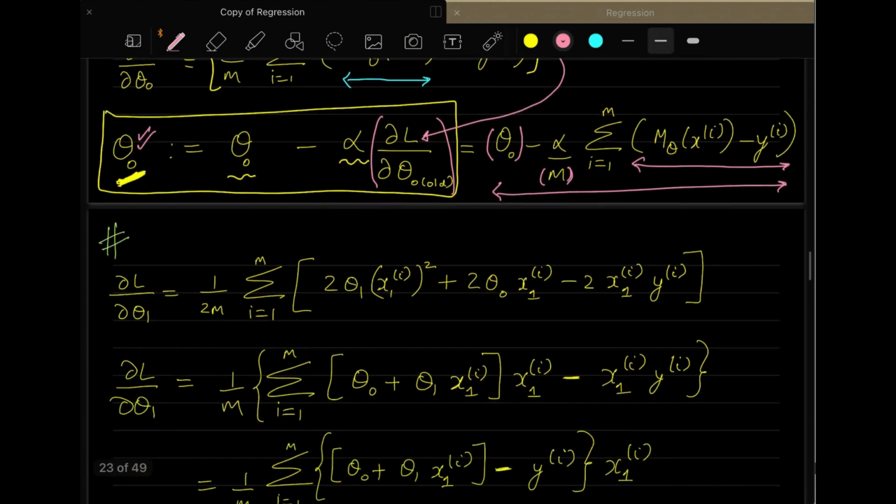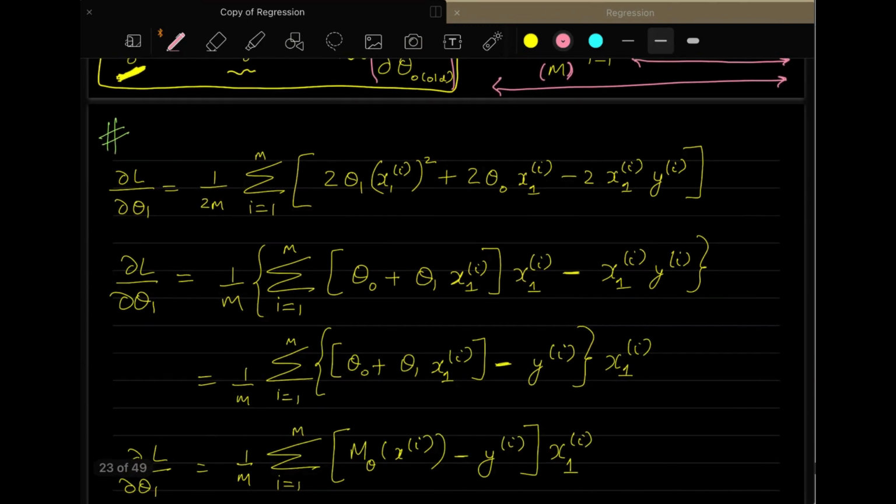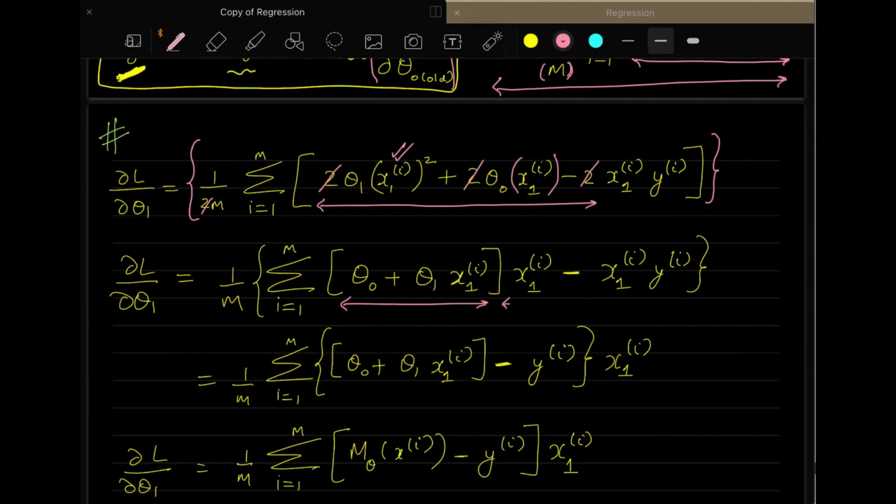What is the update rule for theta 1? It's also very simple. If you go back to our earlier lecture, we have already calculated the derivative of the loss with respect to theta 1. If you do a minor adjustment here, these two will cancel out. These two will cancel out. And if you take xi common, this xi is taken out from here, and then you have this expression here coming straight away from this part.